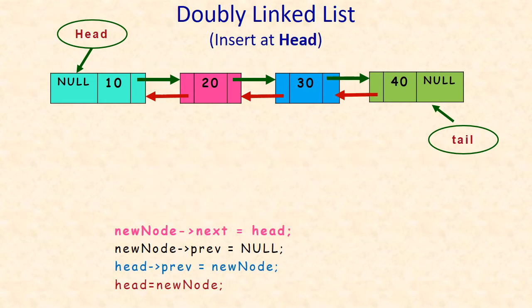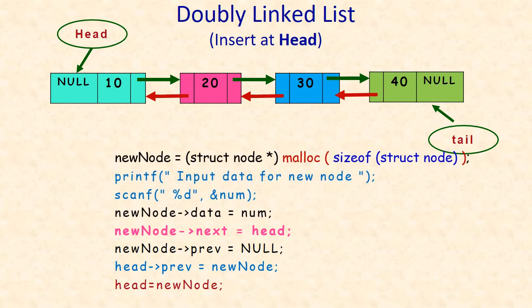Now we will see the way to insert an element at the head position. So what is the first step to do? For anything we have to create a node. So using the malloc function I have created a node, took input some value and assigned that value to the data part of that new node. Assume that 50 is the new value I took, so 50 is assigned here. Okay, and later I have assigned the address of the head, that is head, to new node next.